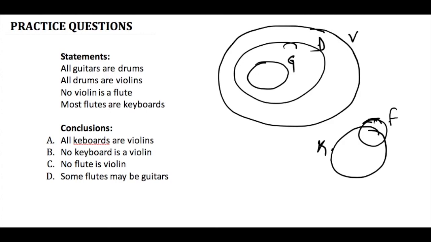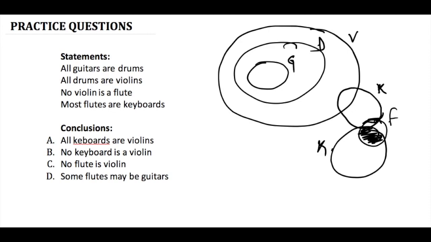V. All drums become violins. No violin is a flute. There is nothing common between violin and flute, इसलिए flute बाहर आ जाएगा violin से टच नहीं कर सकता है। Most flutes are keyboards. ज़्यादा से ज़्यादा फ्लूट जो है वो कीबोर्ड्स हैं, इसलिए इन दोनों में बहुत सारी चीज़ें कॉमन हैं। ये ऑल फ्लूट्स आर कीबोर्ड्स भी बन सकता है, सम फ्लूट्स आर कीबोर्ड्स भी बन सकता है। अगर ये सम फ्लूट्स आर कीबोर्ड्स बनेगा तो इसका एक और पॉसिबिलिटी है जो कि ये बन जाती है, जिसमें ये